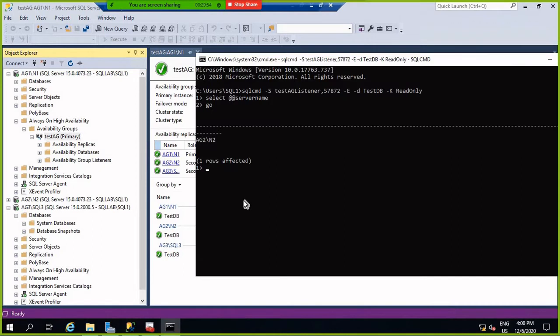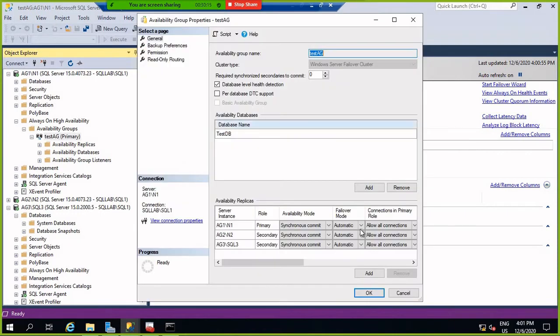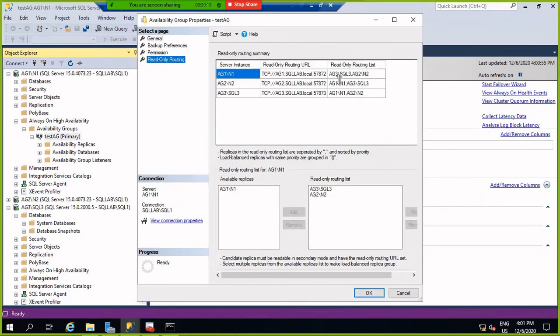Now close it and connect again. It's AG3, because you have set the routing property here. So this is the way that we can set the priority.